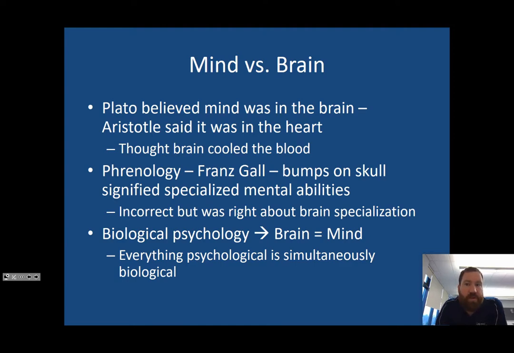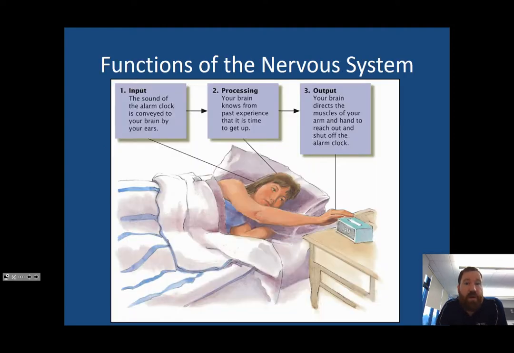I'm not sure if it's in your book. It was in an older version of the book, but I use this image because I think it makes a lot of sense. The nervous system is responsible for really three things: input, so external stimuli, so what's going on in the world around us that we can then take into our internal world and make sense of. There's processing, which is kind of the communication within ourselves, and then there's output, which is how we then interact into the world. So in this example, the alarm goes off.